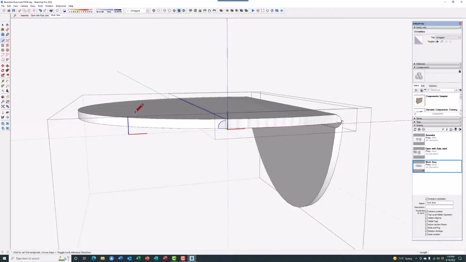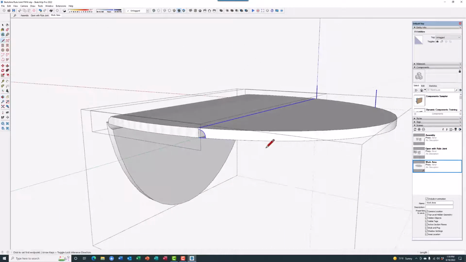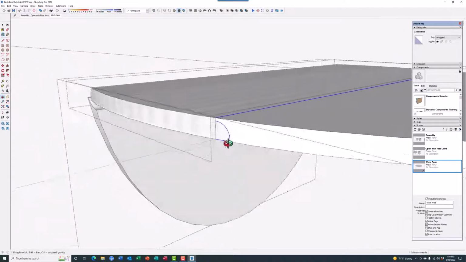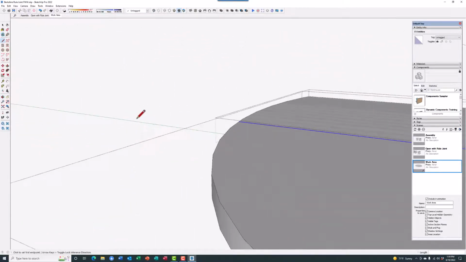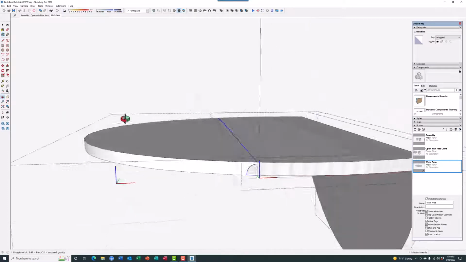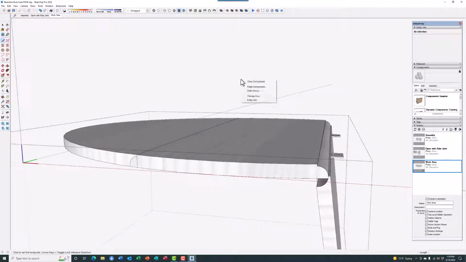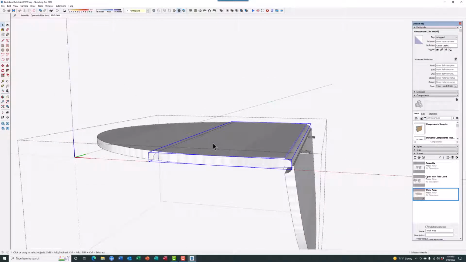And on the back side, that again needs to be done. So let's just close the component, well, let's pull this out, a copy of it, just to make sure,